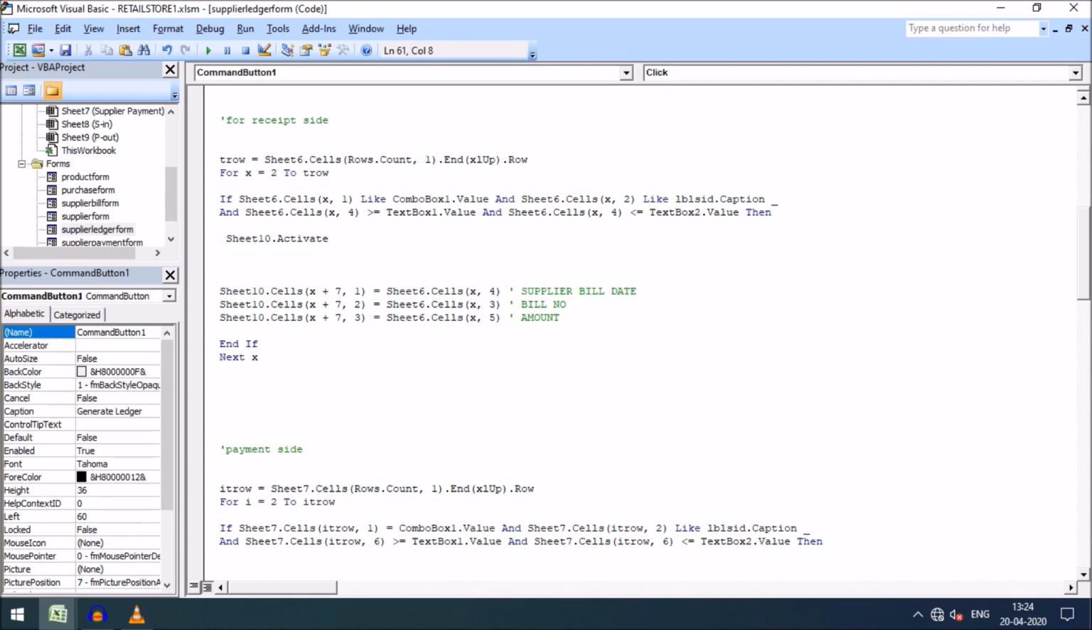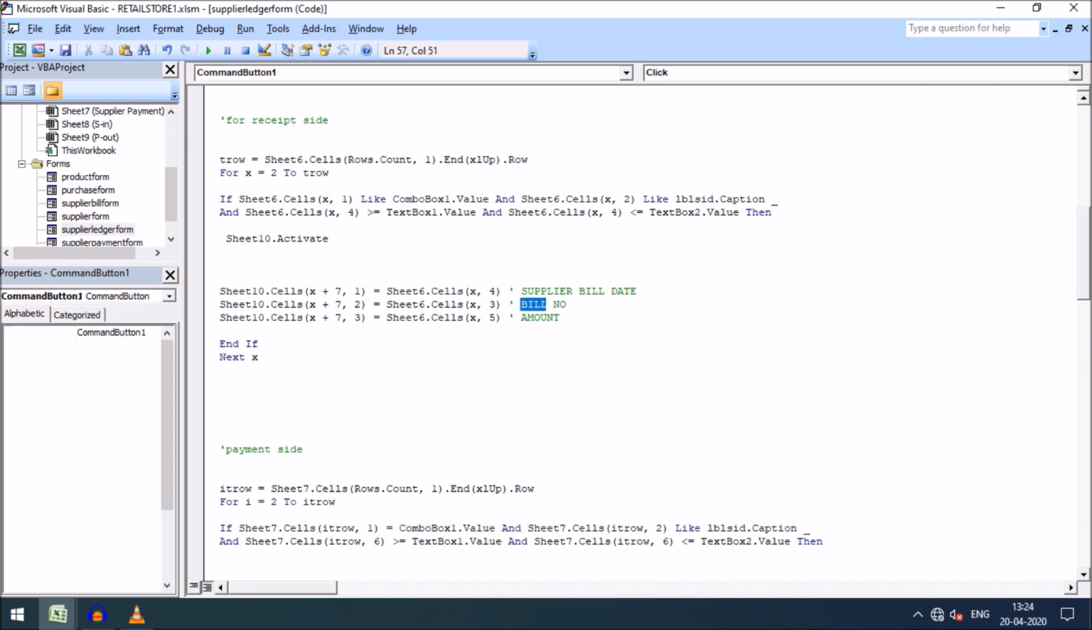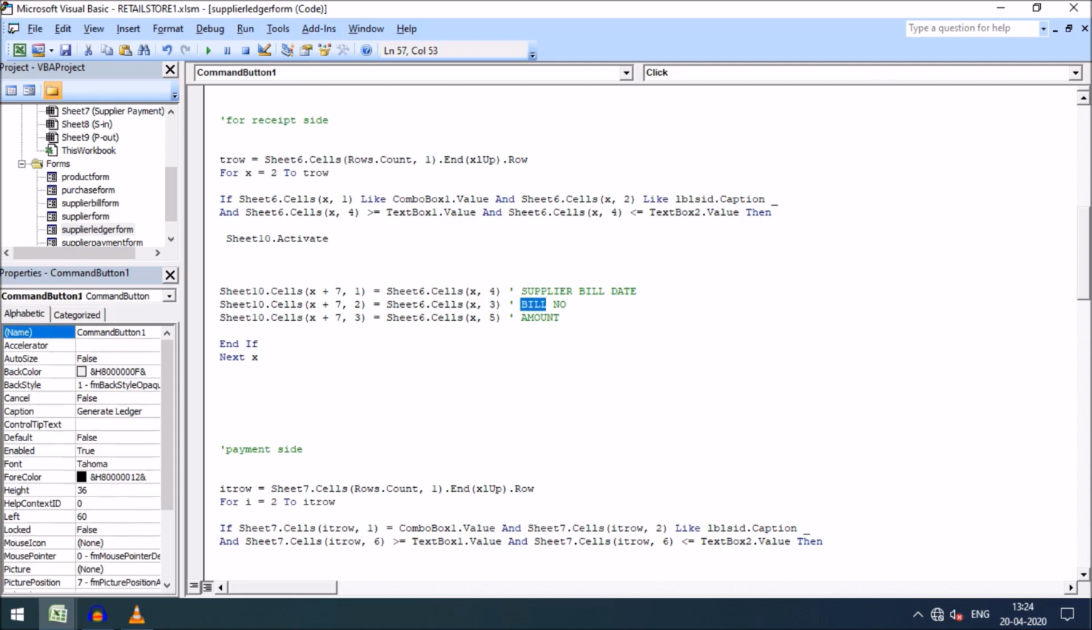The 9th row and first column of sheet 10 will hold the value of supplier bill date, that is this section from sheet 6 supplier bill date. And similarly the next column will take the value of this section of sheet 6, and the third column of sheet 10 will take the value of the fifth column of sheet 6. You can see here everything is written beside this, which value I am importing from